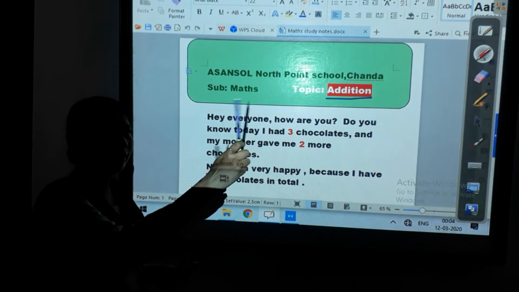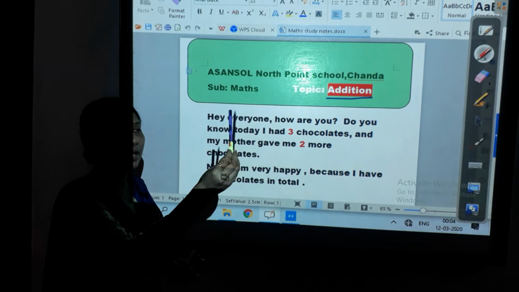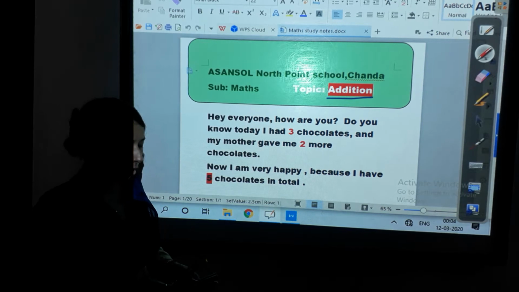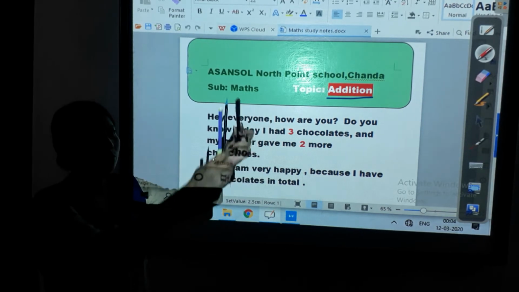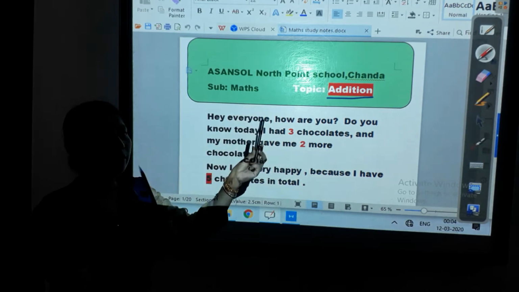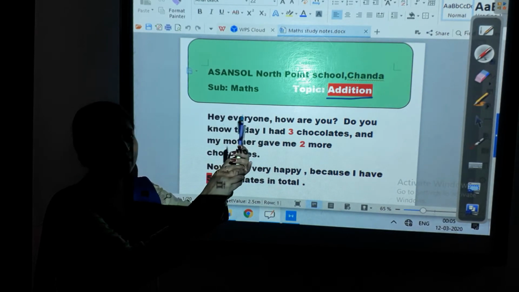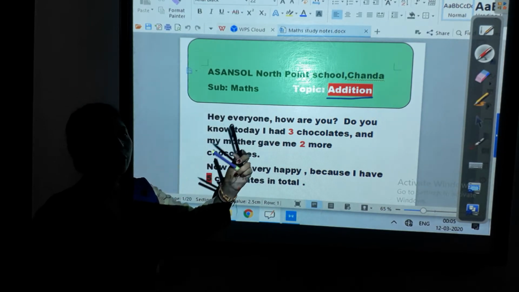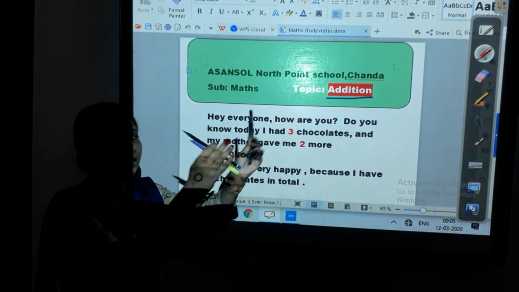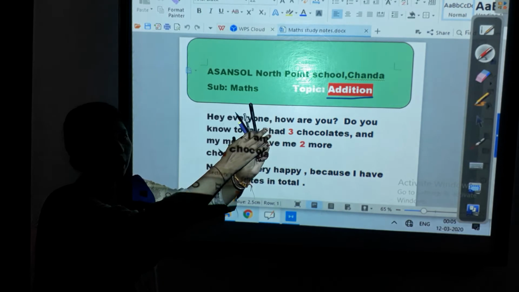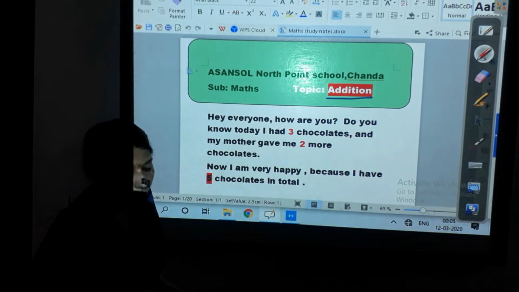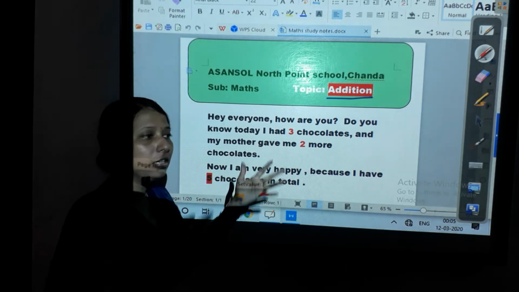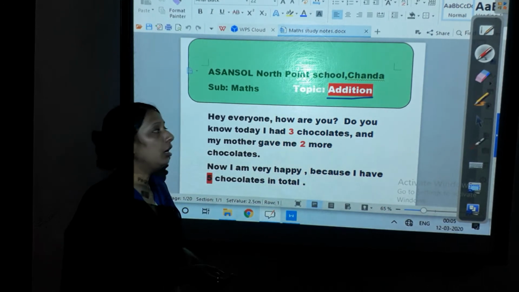Say, suppose I am having these pens. Suppose I am having 2 pens in my right hand, and in my left hand, see, 2 other pens are there. So now if we add all these pens, it will become 1, 2, 3 and 4. So now what I did, I just added 2 with another 2. So it becomes 4. So the process in which we count forward, or we add the things or the numbers, that is called addition.